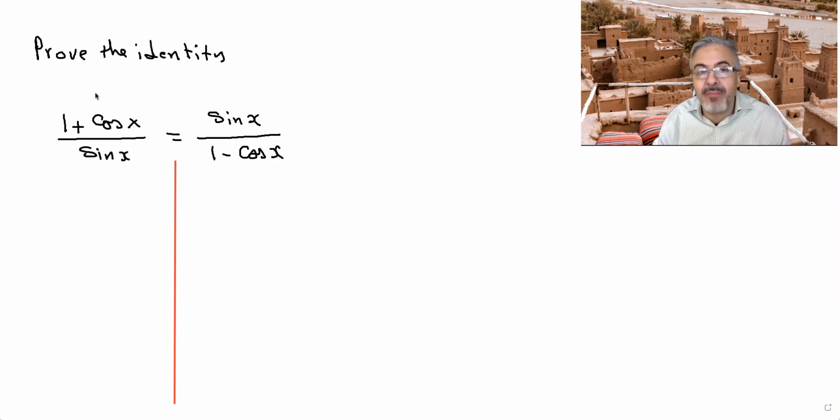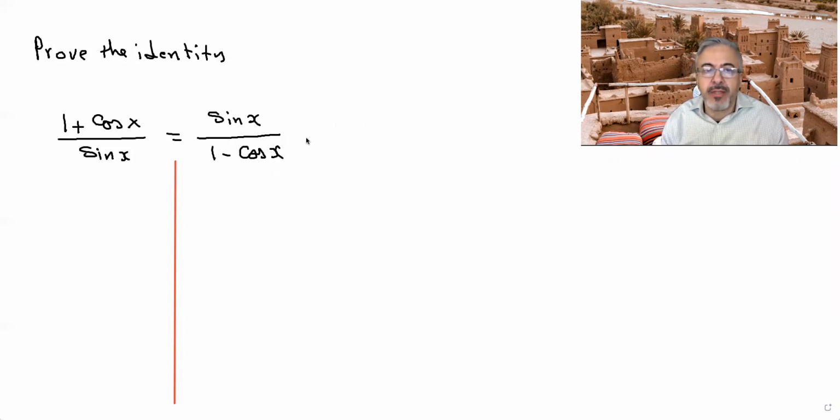I'm gonna do an identity today that stumps a lot of students, and I know why it stumps them: they look at this and they look at their identity sheet and they don't see anything that will help them figure this out. So what this question requires is that you multiply one of the sides